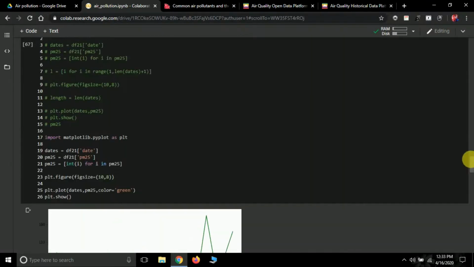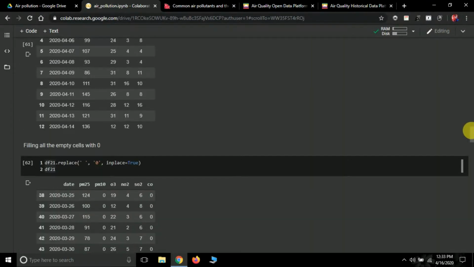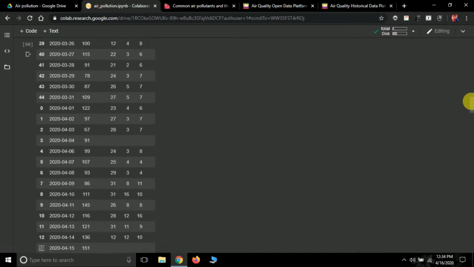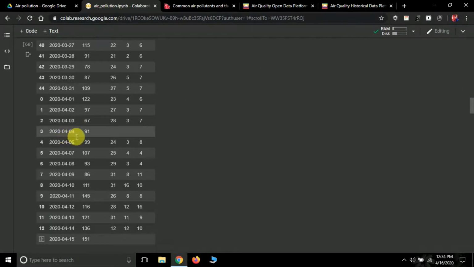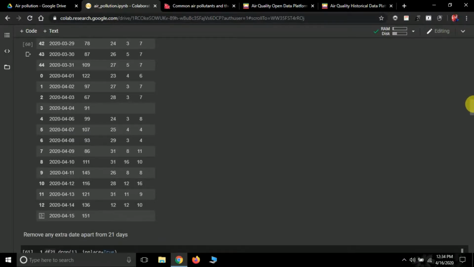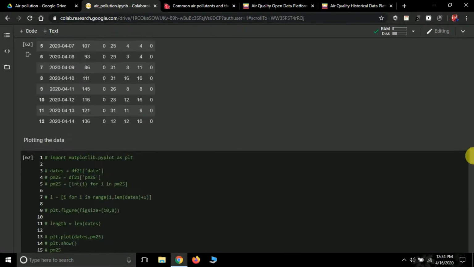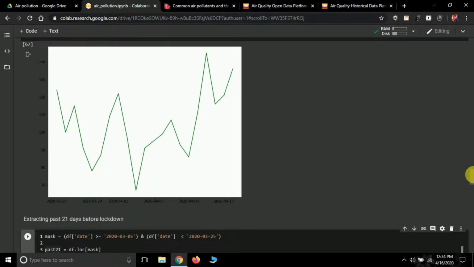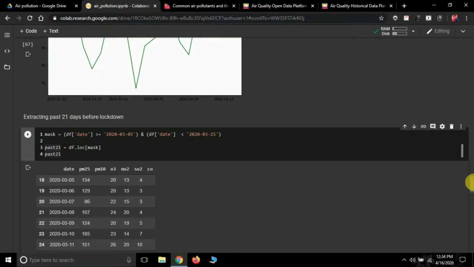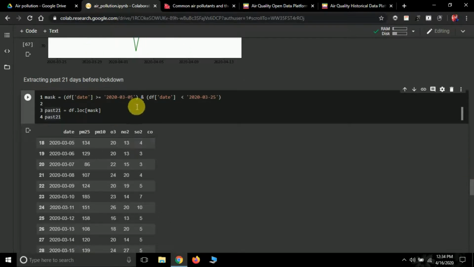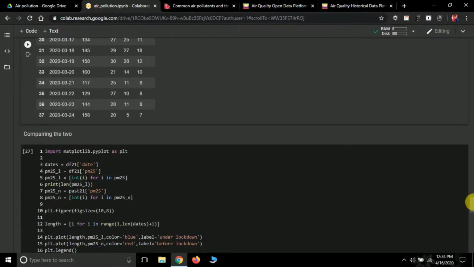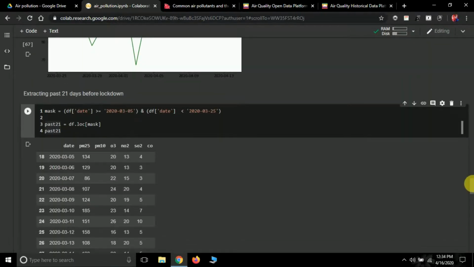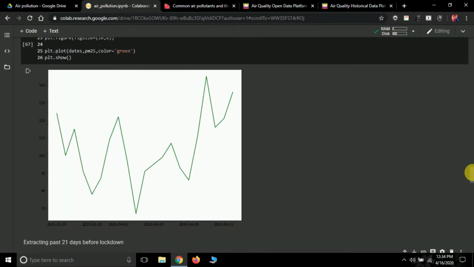Now here in this CSV file, there's a mistake that I want to show you. We do not have the data of 5th March. See here, after 4th April, we have directly the 6th April. We do not have the data of 5th April. Basically, it's some kind of error from the CSV file, so we cannot do anything about that. So we are only doing the exploration and analysis part of 20 days instead of 21 days. Here again we have only extracted 20 days, not 21 days. I want to make it clear to you, so you won't say that I am cheating, or that there's some kind of error.